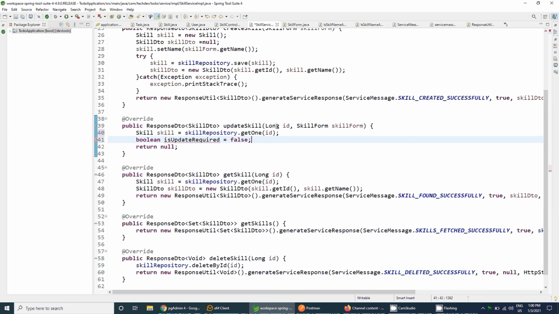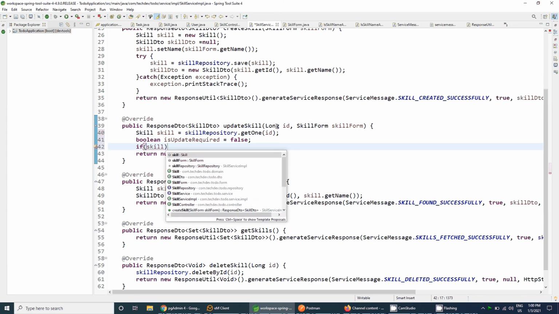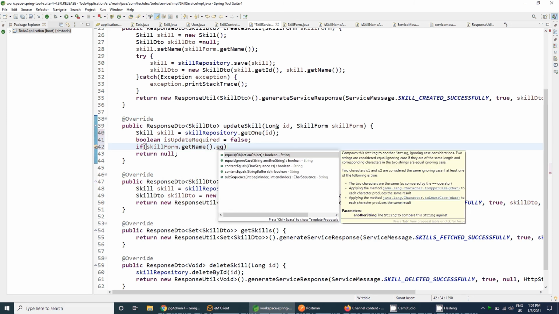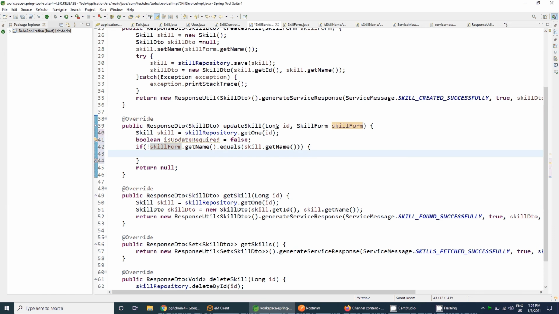Let's take it as false right now, and we will check if skillForm dot getName dot equals skill dot getName, and we will put a not. So if and only if the skill form name, that is the skill name, and the object's skill name are the same, then we will not hit any update, meaning a database call to update, because there is nothing to update.